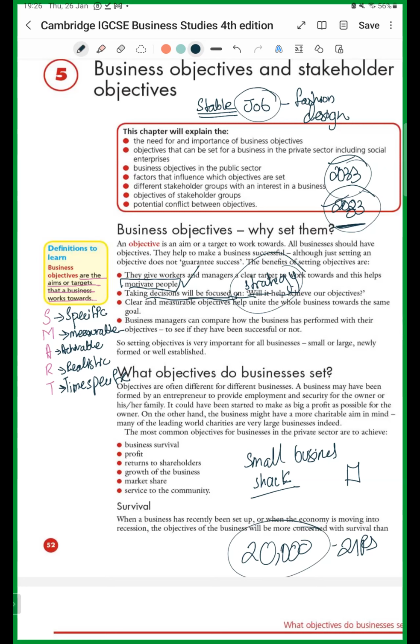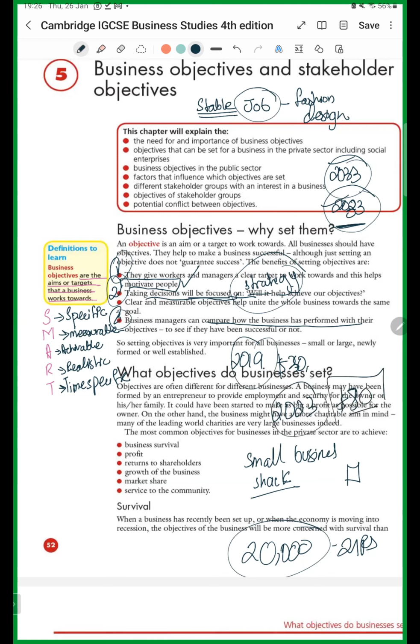So this is advantage one, employees remain motivated. Advantage two, it allows the business or the managers to remain focused on the objectives and plan a strategy according to it. And the third advantage is that the business can compare performance. So in the year 2019, we made $30,000 profit, but in the year 2023, we made